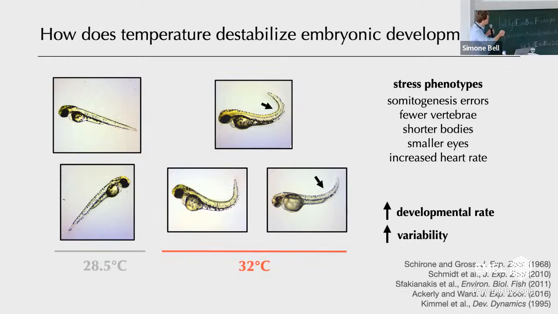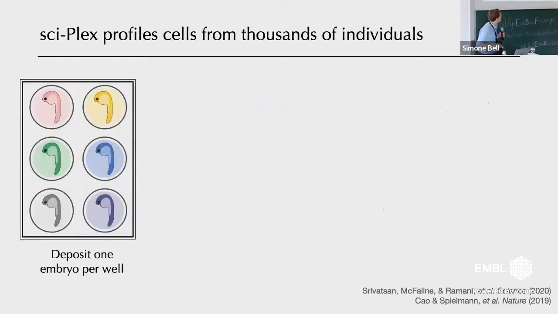However, typical single cell workflows, despite their many cells that you can capture, do not typically capture individual level variation or biological variability between individuals. So to go forward on this, we needed to modify some of the traditional methods. And I won't belabor this too much, but I'll just talk to you about the basic detail of how this works. So for this single cell workflow, we actually put individual zebrafish embryos in wells of a 96 well plate